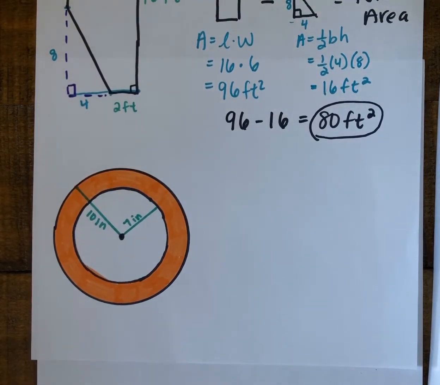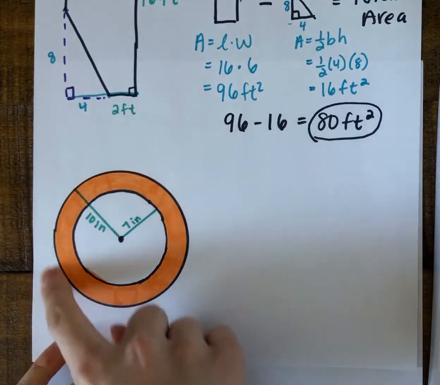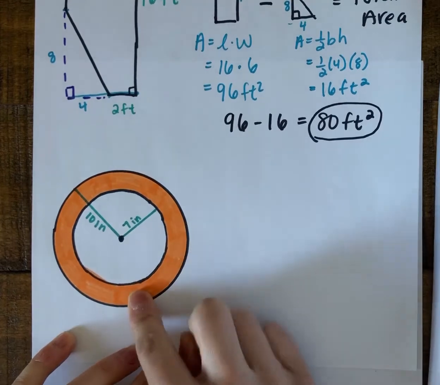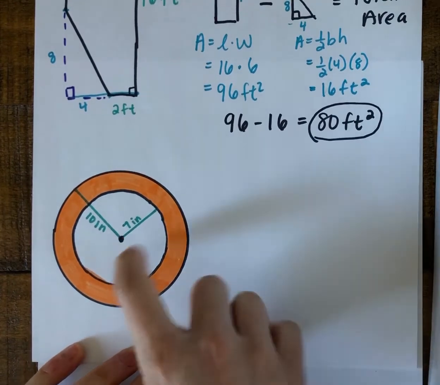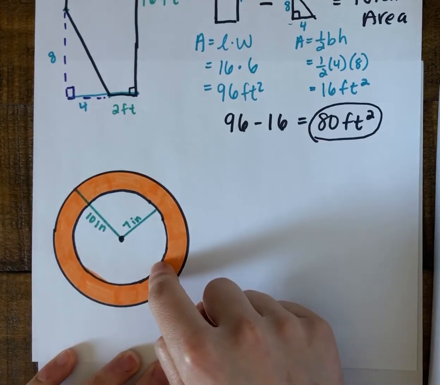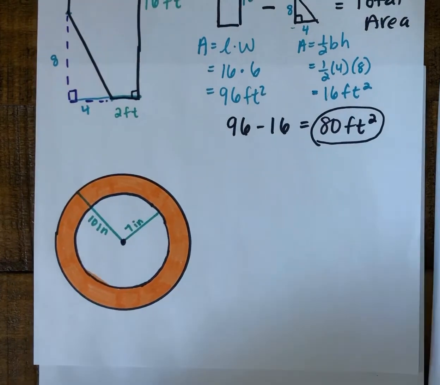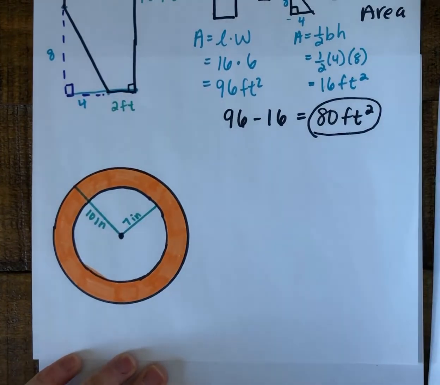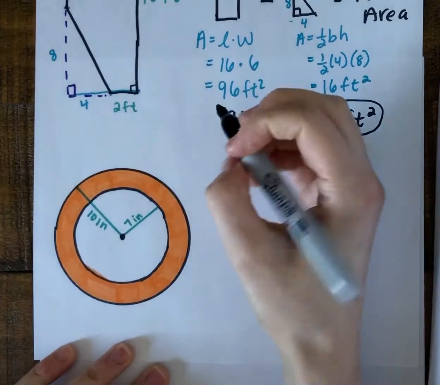So I see two circles. I see one big circle, and the area of all of that would be everything inside. But then it's as if we cut out another circle in the middle. So we had a circular cutout. So if I want to find the area of this little rim of orange, this leftover shaded part, I would